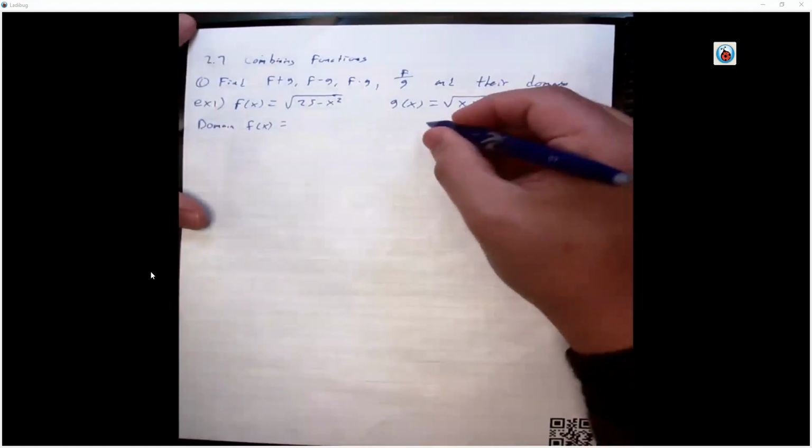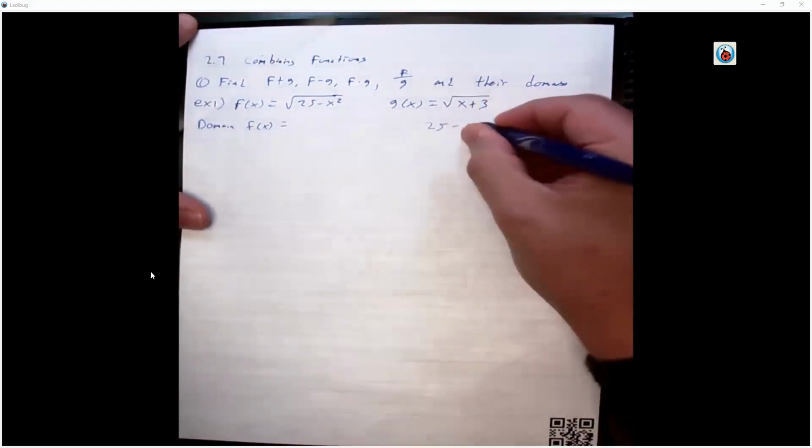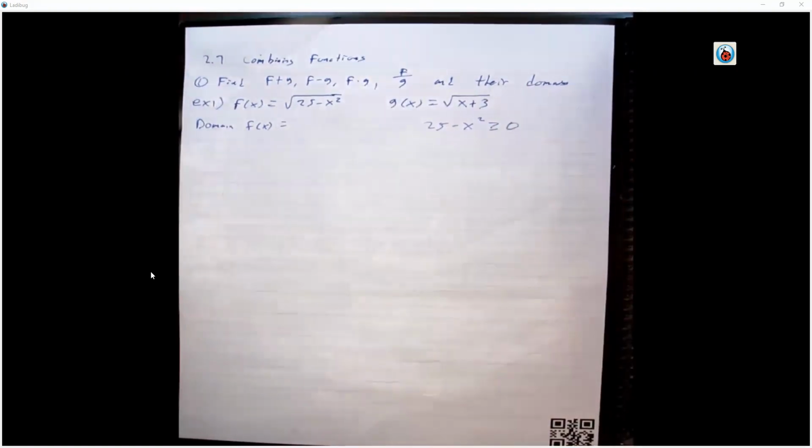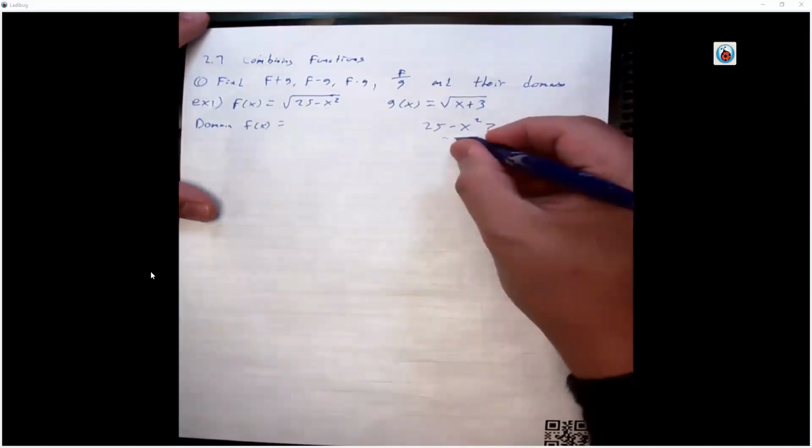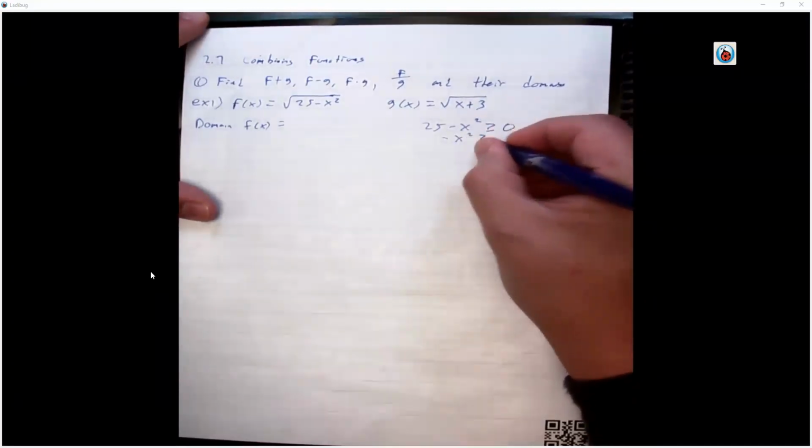If the inside must be nonnegative, we can solve for that inequality. Move that 25 over. Divide by a -1. That flips the inequality. Square root both sides, and you get